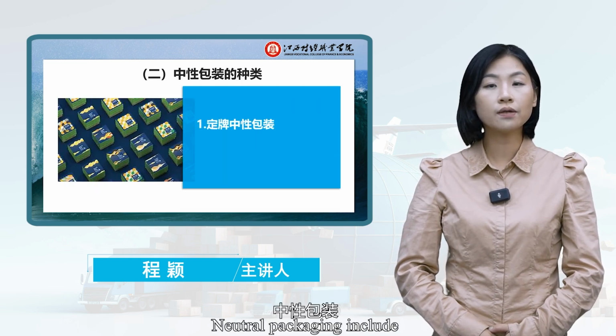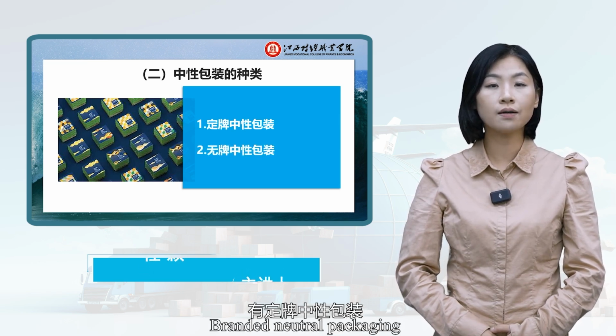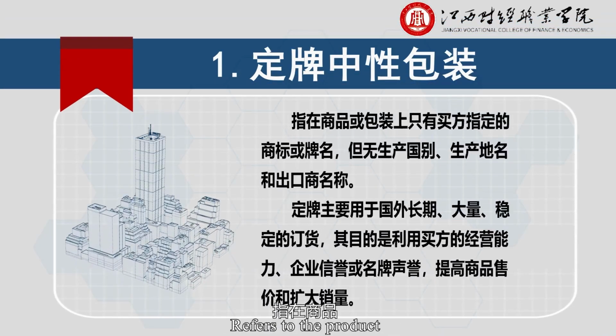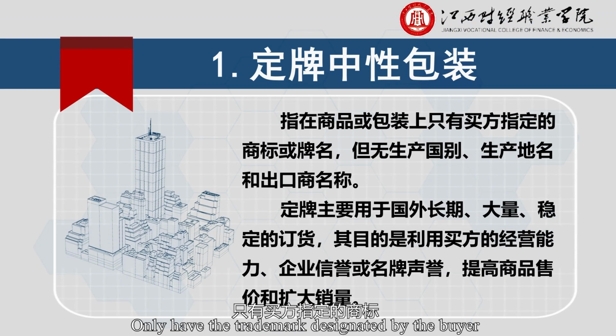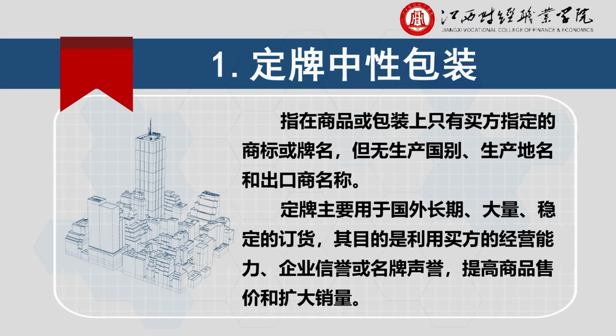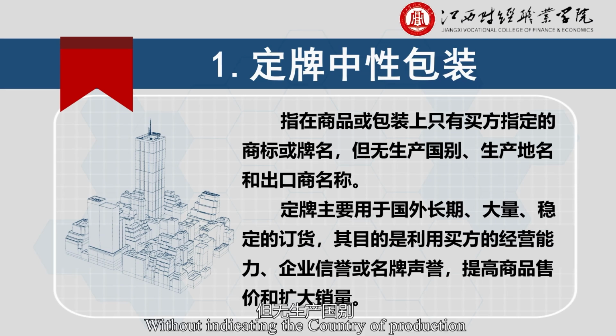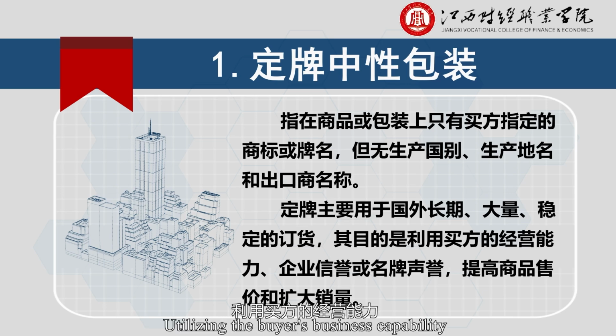Common forms of neutral packaging include branded neutral packaging and unbranded neutral packaging. Branded neutral packaging refers to the product or its packaging only bearing the trademark or brand name designated by the buyer, without indicating the country of production, place name of production, and name of exporter. Branded packaging is mainly used for long-term, large, stable orders abroad. Its purpose is to utilize the buyer's business capability, corporate reputation, or brand reputation